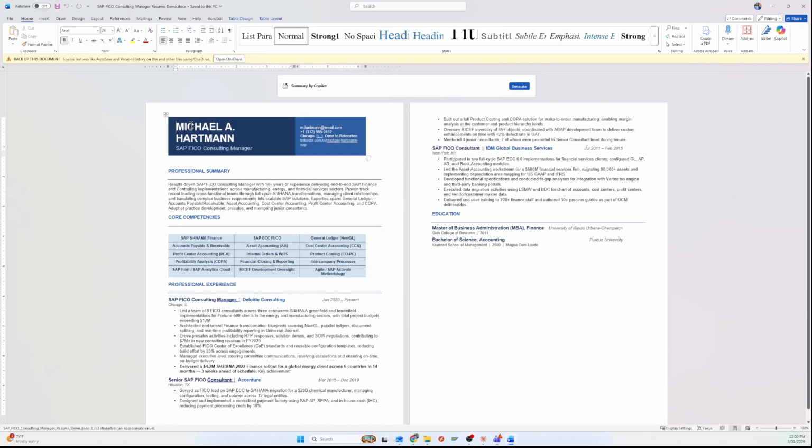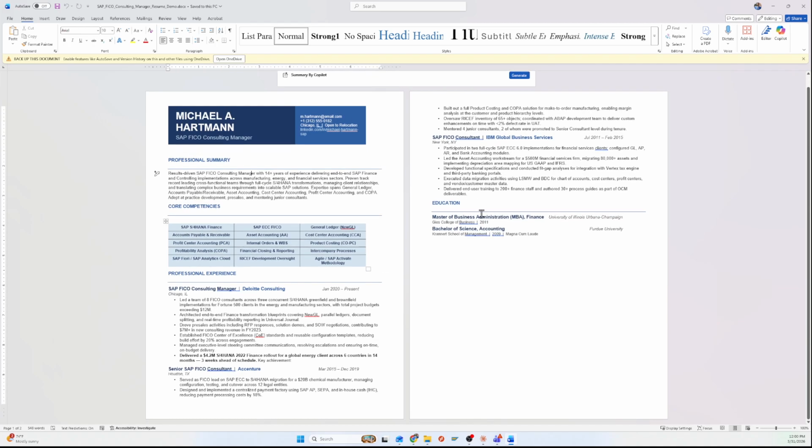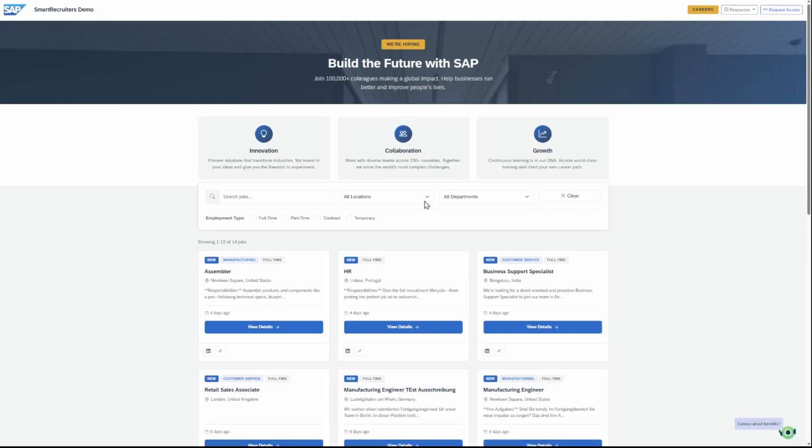So this is all fictional data. I created this job specifically around an SAP FICO consultant, and so add some professional experience, some education. Very simple, right? And so the idea here is that I'm coming to a company's website and I'm applying for